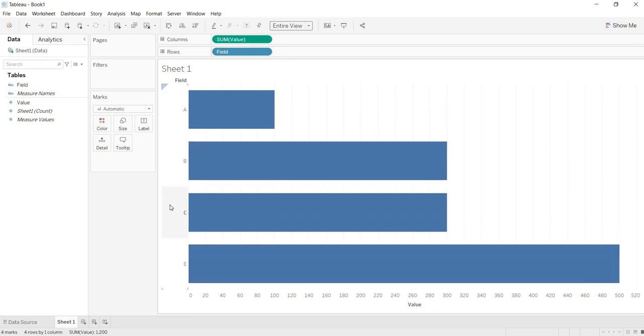Now, what is this extract? As I said, Tableau will create a data copy and place that copy on your machine so that the speed will increase.